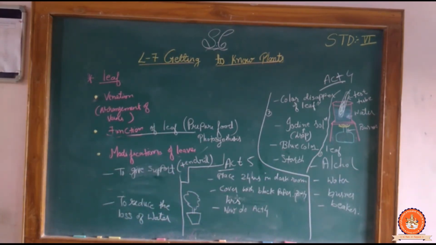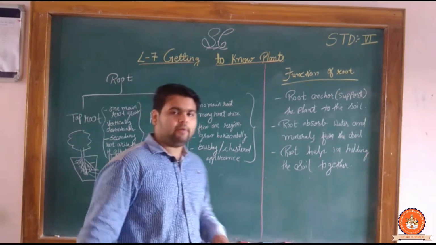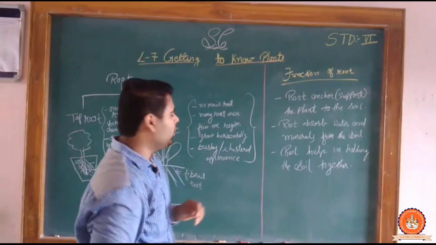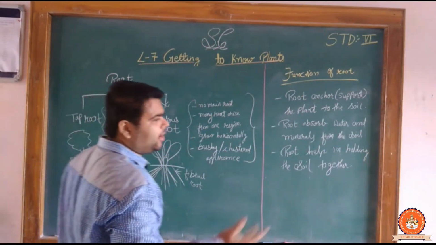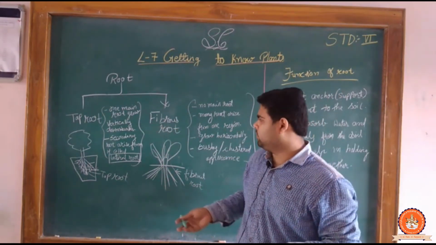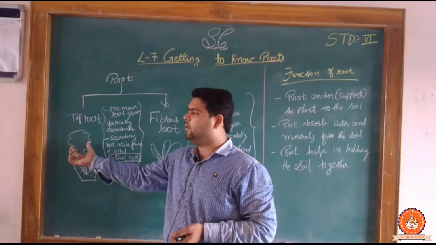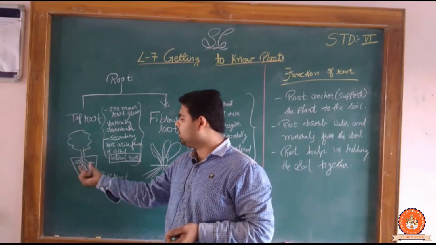Simple thing. We had already completed the portion of the stem and the leaf. Now we are in the portion of the root. The root is divided into two forms. One is the taproot and another is the fibrous root. Okay, so what is taproot? Look at the diagram. This is our small type of plant. We have to just observe the down portion.